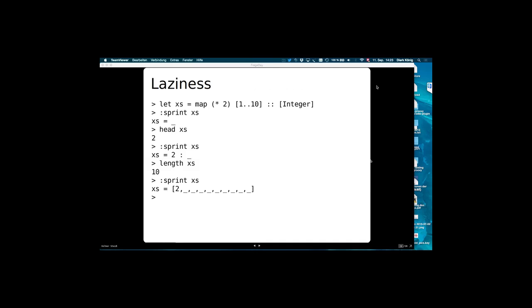I think that's very much a trap for us as human beings, because I intuitively would assume, if I ask for the length of the list or the 10 back, that each and every element is evaluated. Here it's not evaluated, it's just a function. It's like a generator: if I pull it, it will generate a new value.